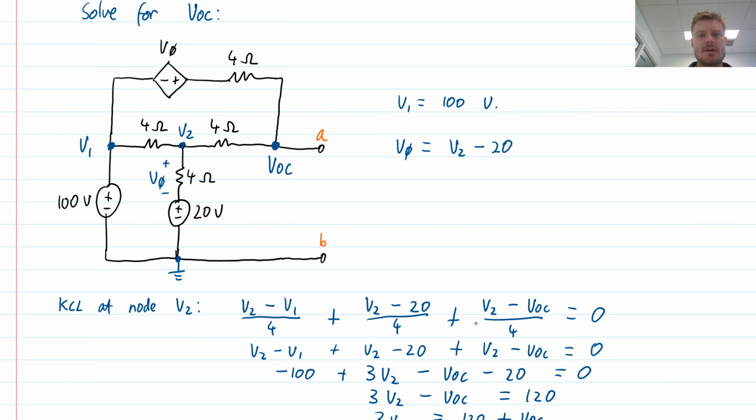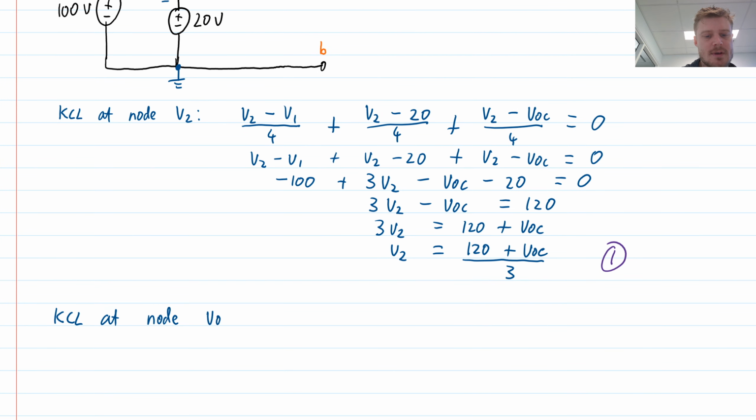Now, one thing that I'm going to need to be careful of is when I write the current that's heading through this branch here, I just need to pay attention to what is the voltage on the left-hand side of that resistor. So what is the voltage here? So the voltage there, basically I can follow the sources. So I can start at my reference node and I can run all the way up. So I gain 100 volts to here, and then I gain V phi to get to that point. So it is 100 volts plus V phi to get to there. So let's actually include that in our